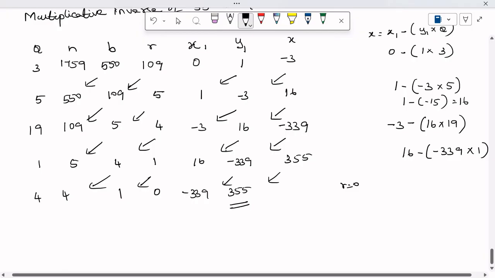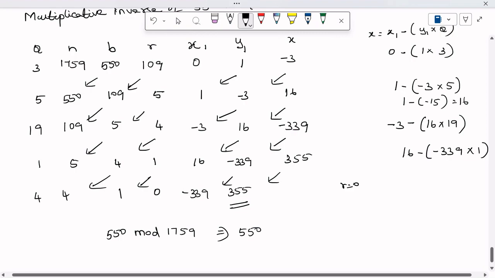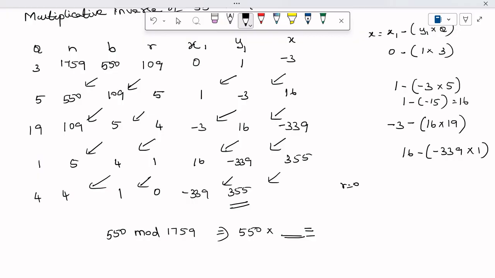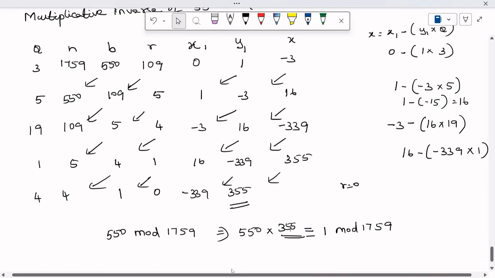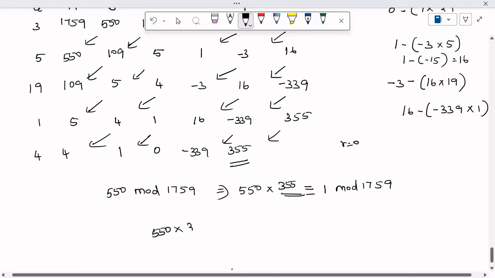So we can even proceed with verifying it. 550 multiplied, what do we want? 550 mod 1759 multiplicative inverse. What is the multiplicative inverse? We discussed that 550 multiplied by something should be congruent to 1 mod 1759, right? So this something we have identified as 355. So we have to verify it. So 550 multiplied by 355, you will get it as